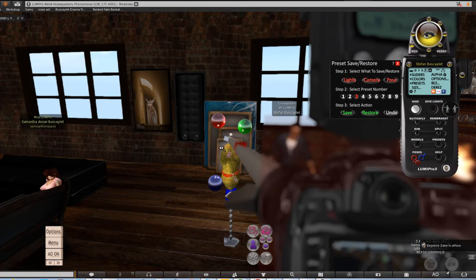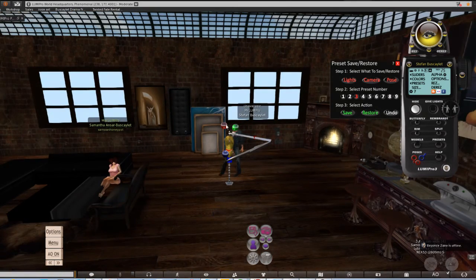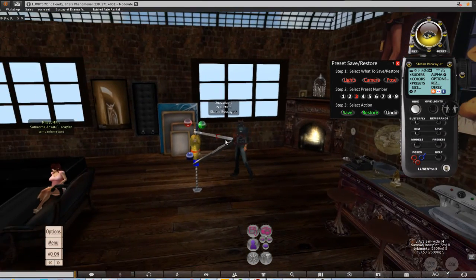Now, the next thing I'm going to do is the competitive tool only saves within the same region. If I'm in the same region for which the photo was taken, it'll do it. If I'm not in the same region, or if it's not in the same position, it's not only going to just save the camera position, it's actually going to look at the relative position between where the camera is relative to the focused target that I'm looking at, and it will do the relative math. And so again, my goal is that if I get everything set up just right, but you want to move locations either within the same sim, or you want to move locations within a different sim, you can still have all the camera. It will save all the lighting position, it will save the camera position, and it will also